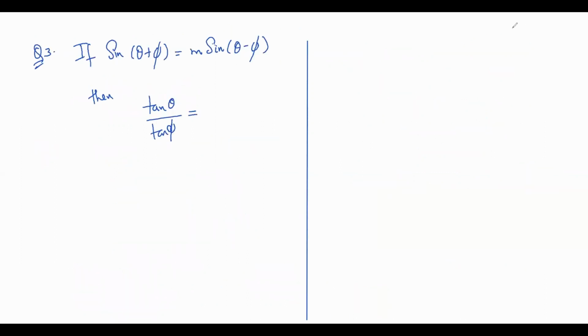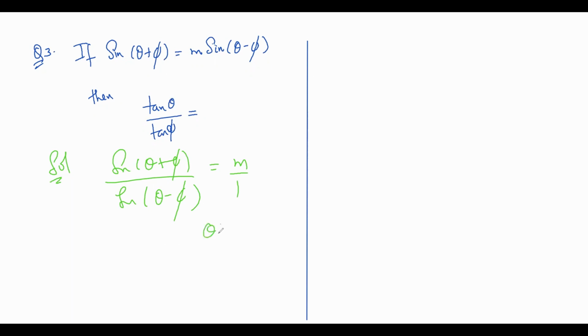Now if, instead, sine of sum of the angles is equal to m times sine of difference of the angles, that means I can rewrite this as, and what do you have to find out? Tan of sum of the,